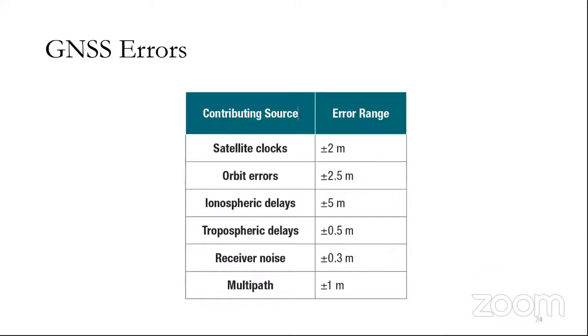So, global navigation satellite systems face some errors that degrade the positioning accuracy. The most severe of them, we can say, are satellite clocks, orbit errors, and ionospheric delays. And I'll talk about these in detail. So starting with satellite clocks,